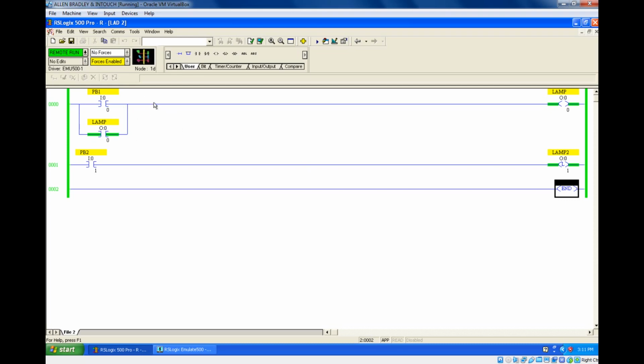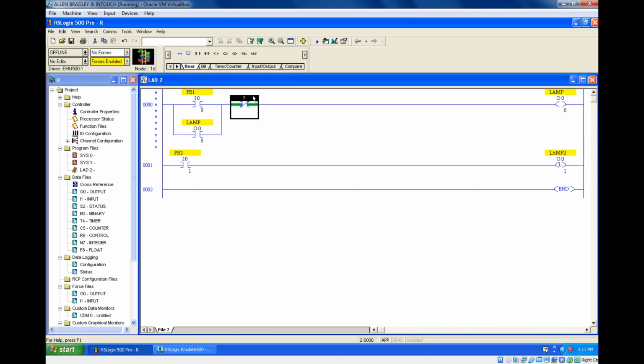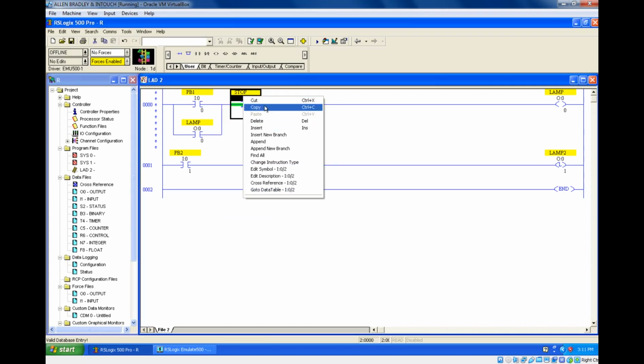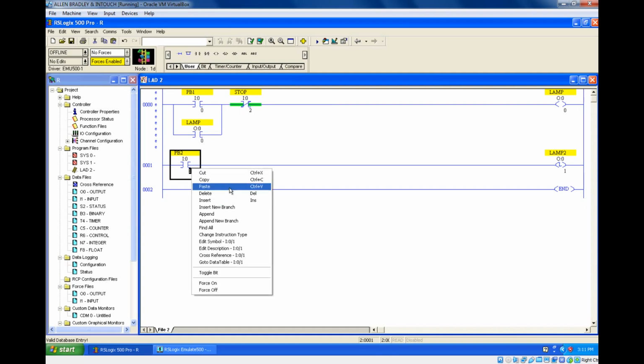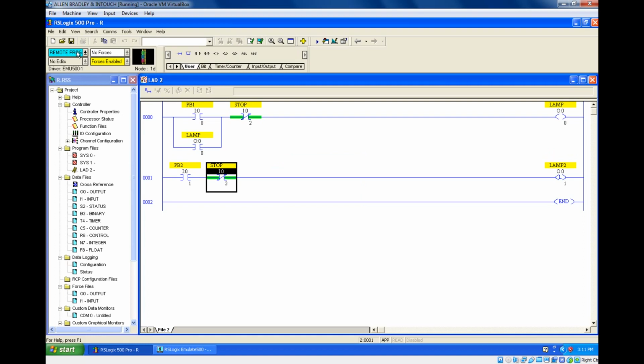For unlatching, what we have done is put a stop push button here as a normally closed contact. But even if you put a normally closed contact in this rung, it will not listen because it is already latched by using a latched coil. I'll show you that. This is the stop push button. Let's take it like that, name it stop, and put the same thing here, in this place. Now go online and run.